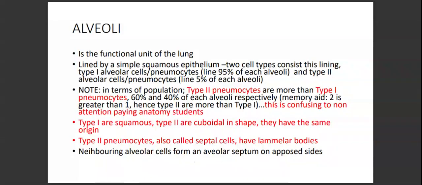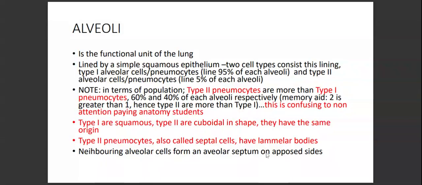So, the neighboring alveolar cells. So these alveoli now, in fact, here it's not supposed to be alveolar cells. So we're saying neighboring alveoli. Please take note of this. You can just cancel this one, alveolar cells. It's not alveolar cells, it's neighboring alveoli. Okay? So neighboring alveoli